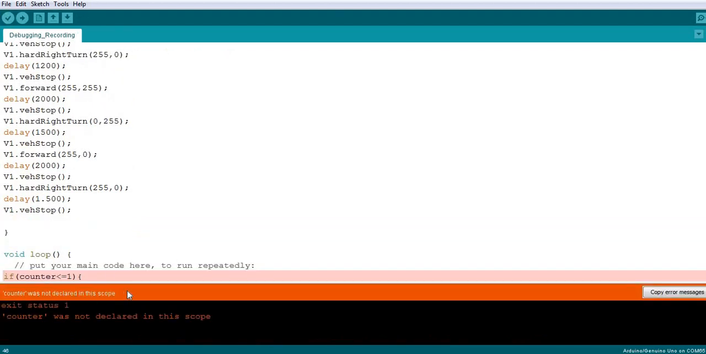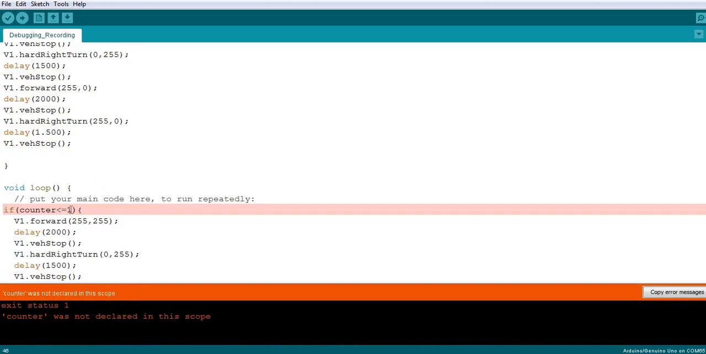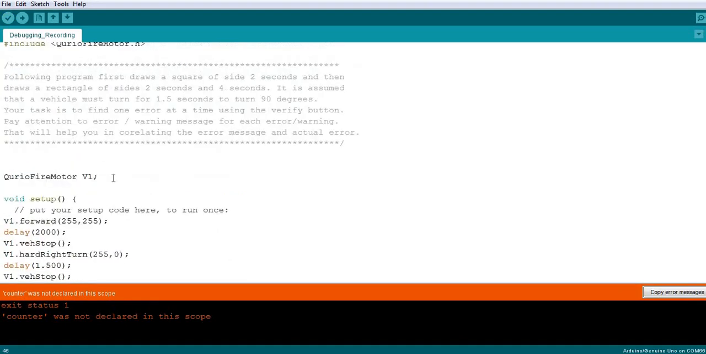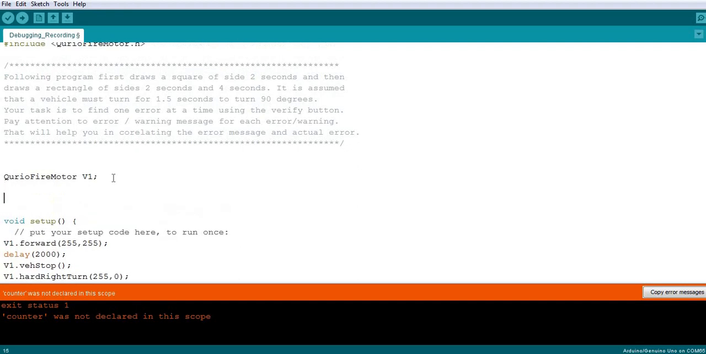It says counter was not declared in the scope. So here we need to declare counter. If I am using the variable, I need to declare the counter. Where do I do declaration? Declaration is done here. So here I am going to declare a counter, and the variable I have to give